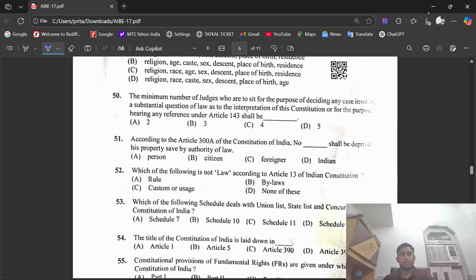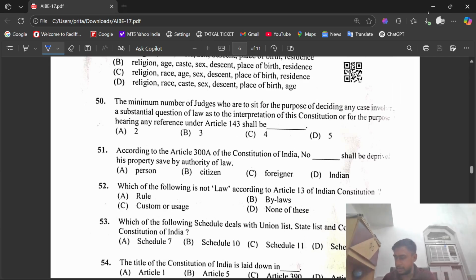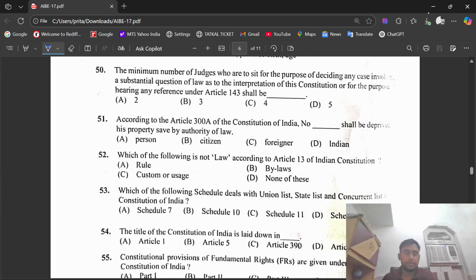So basically the first question says the minimum number of judges who are to sit for the purpose of deciding any case involving a substantial question of law as to the interpretation of this Constitution or for the purpose of hearing any reference under Article 143 shall be, options that we have: option A 2, option B 3, option C 4, and option D 5. Now in this question,